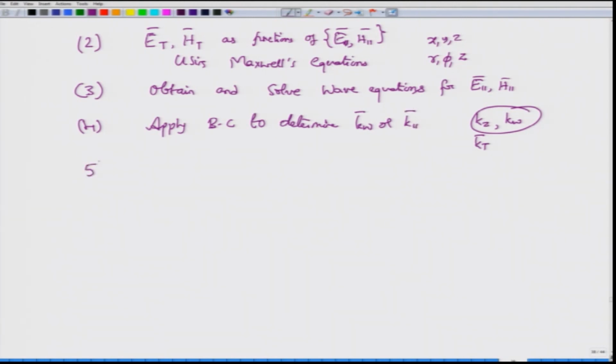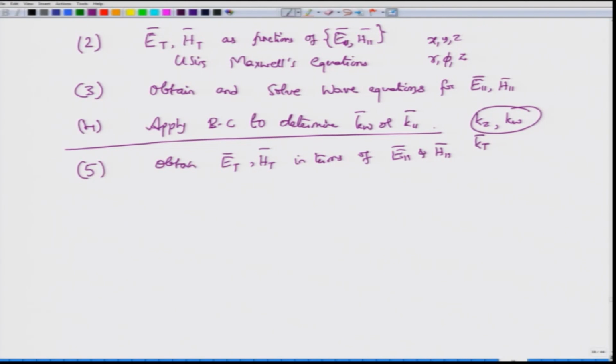Okay. The fifth step is to obtain the transverse electric and magnetic field components Et and Ht in terms of E parallel and H parallel. We have already written Et and Ht in terms of these, but once I know the solution for E parallel and H parallel by following this 4-step procedure, the fifth step is to go back to this step and then obtain the solutions. These solutions of course have to satisfy boundary conditions as well, and this will allow us to obtain the transverse mode form f of u and v.